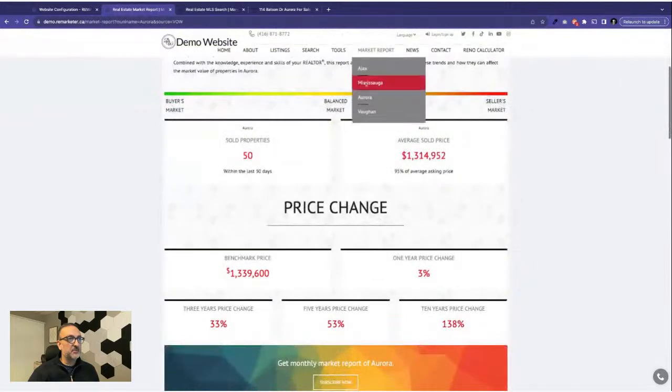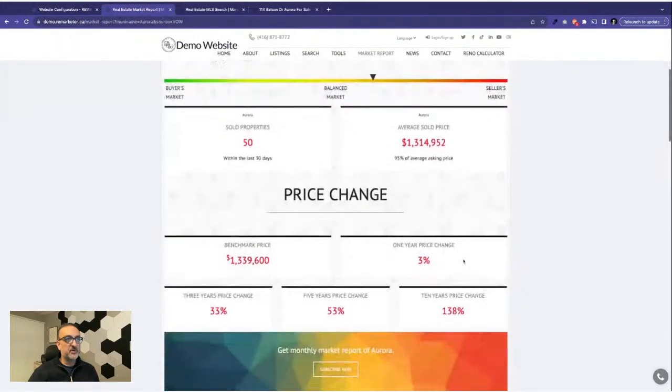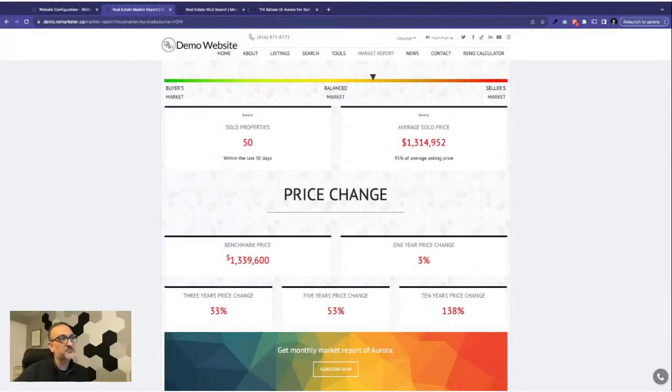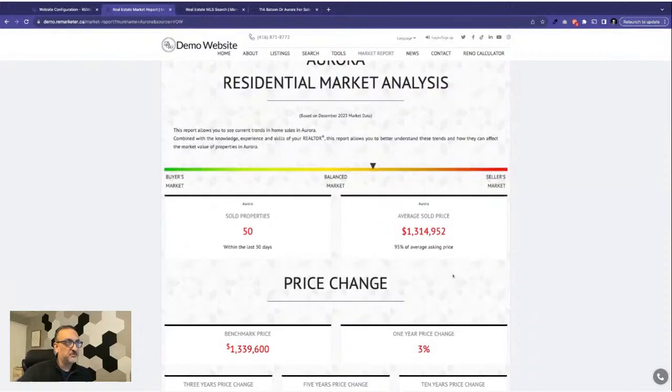But looking at the market statistics on your website provides a lot of useful information that you could use on your own website to explain some of the dynamics of the market to your clients. Let me explain the different elements that are available on this page, and then we're going to go to the back end where we have more numbers and elements to work with. So the first part up here is like a heat bar,